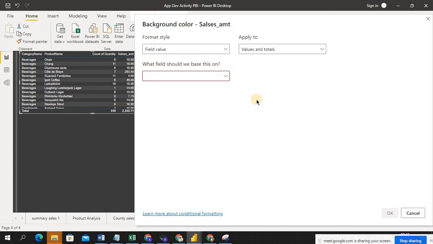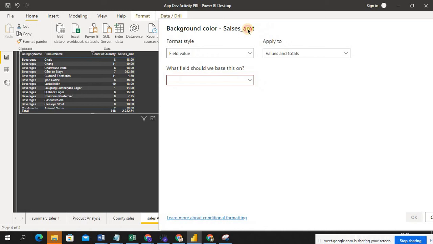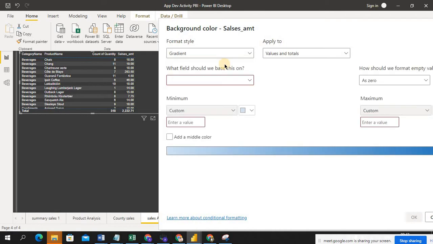Based on your conditional option, it will perform. So my choice is gradient and values only. Before, this is a default option.